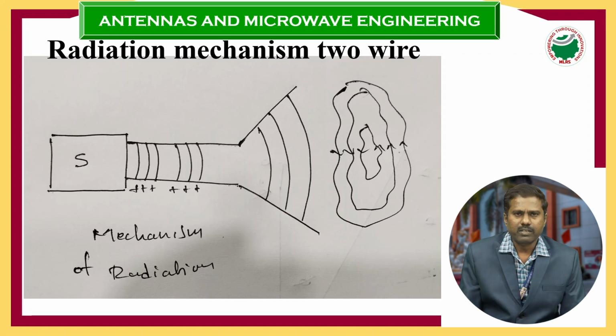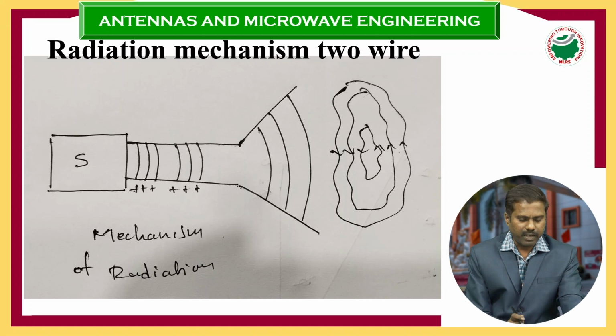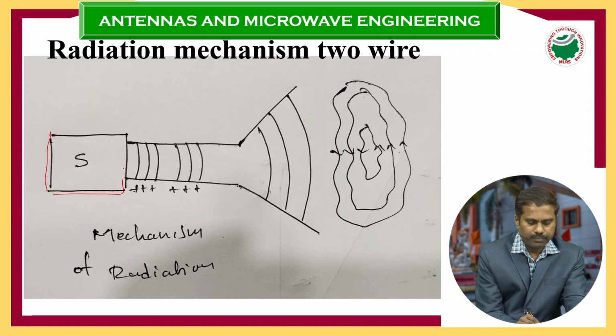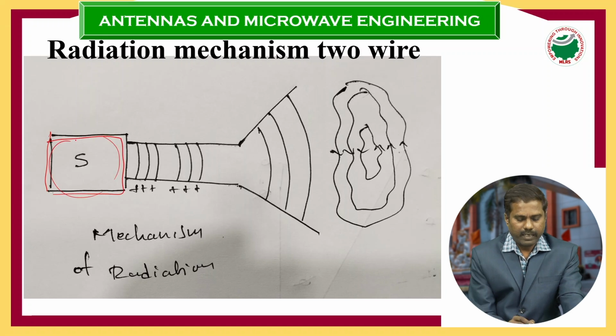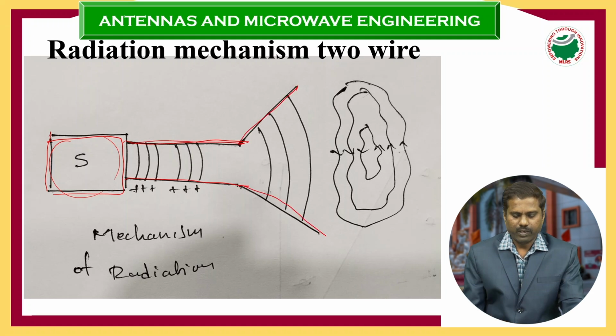So first we are going to the radiation mechanism of the two-wire antenna. There are 3 types of antennas: one is one wire, second is two wire, and the third one is dipole. Now I am explaining the radiation mechanism of the two wire. In this radiation mechanism we have one source and 2 transmission lines, and at the end there is an open